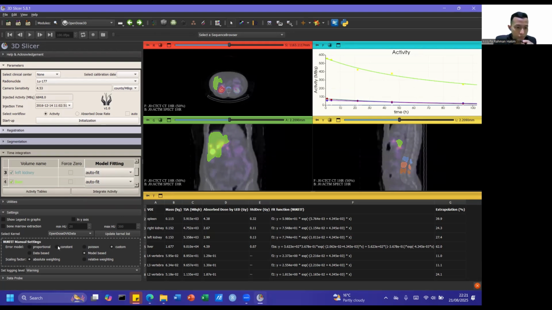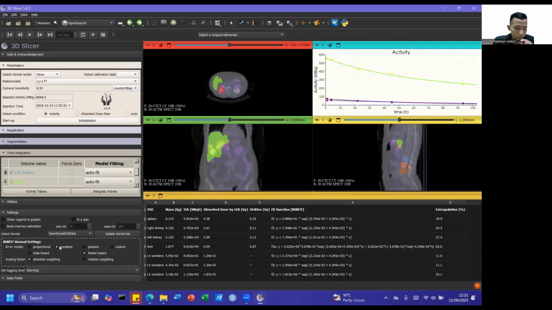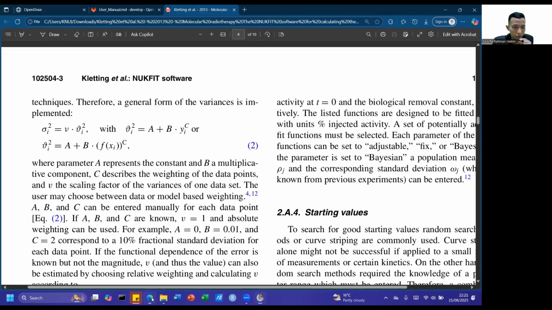We already have a proportional option. Proportional means A equals 0, B equals the fractional standard deviation, and C equals 2, just like the previous example. The second setting is the constant. The constant error model means A equals the standard deviation of the data, and B equals 0, meaning this term is neglected.